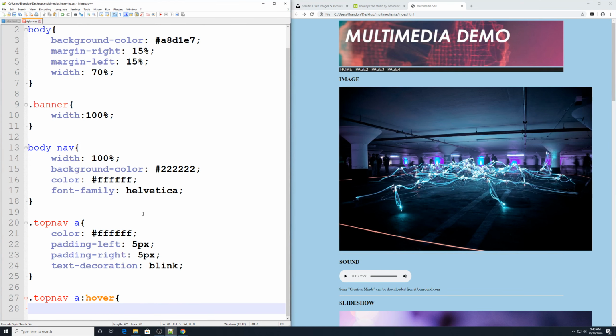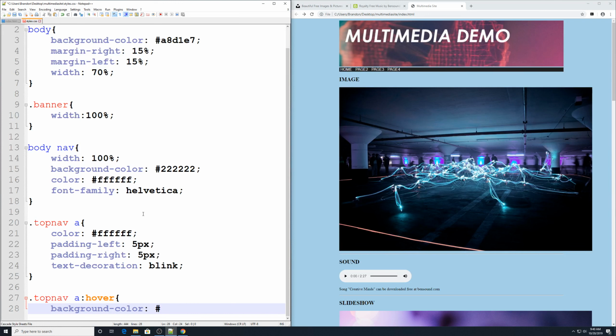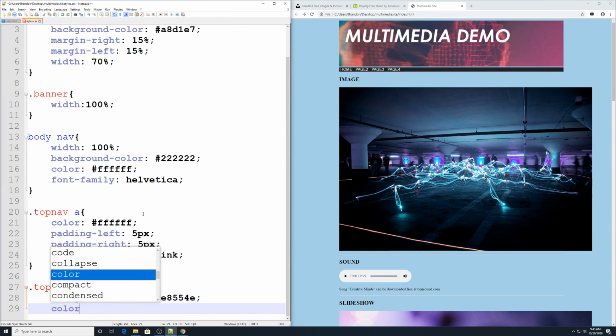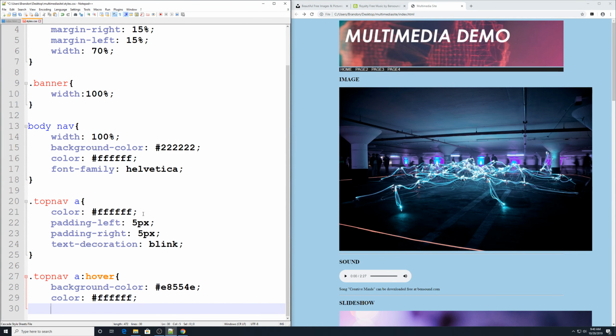And then when I hit enter, I'm going to say I want the background-color to be pound E8554E, and I want the text color to be pound FFFFFF. Alright. Save that. I'm going to refresh this over here, and now when I mouse over it, it changes the background color